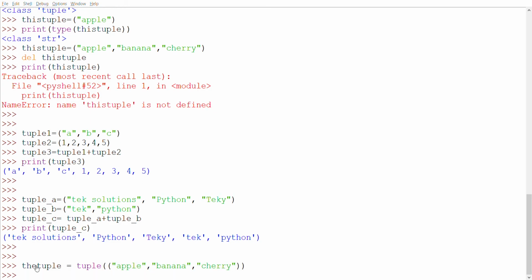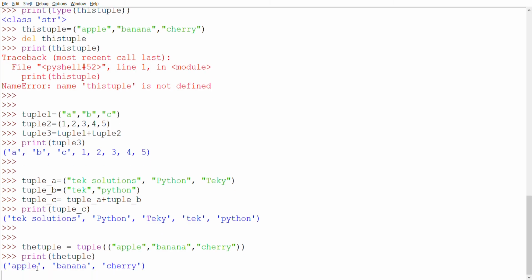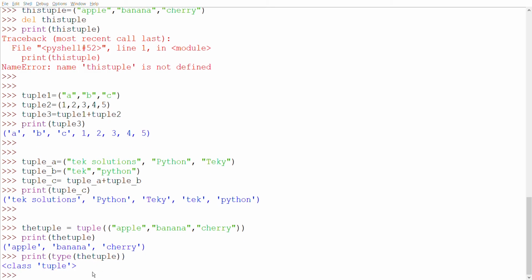Now print the tuple. If you check the type, it will be tuple, because you know the parentheses come anyway. Okay, now this is clear.